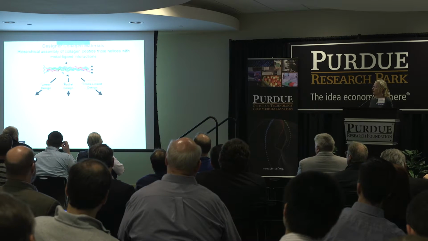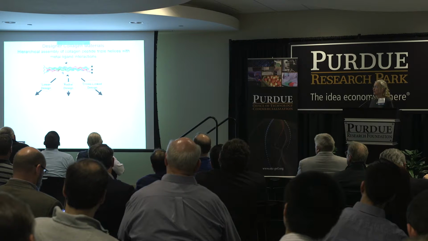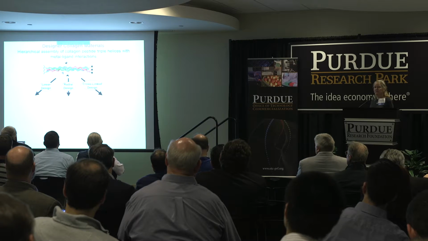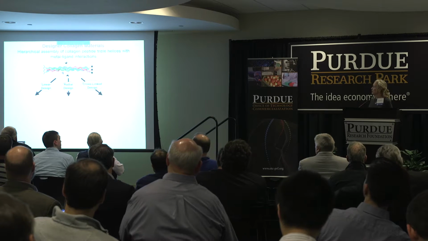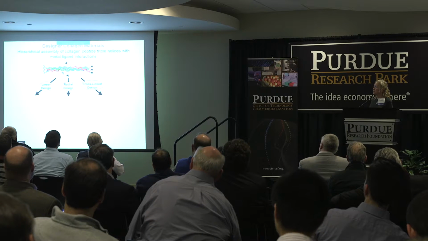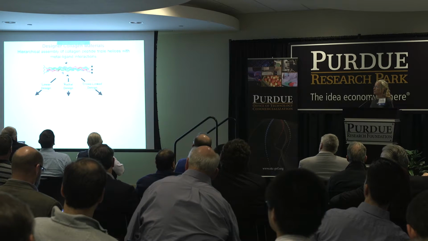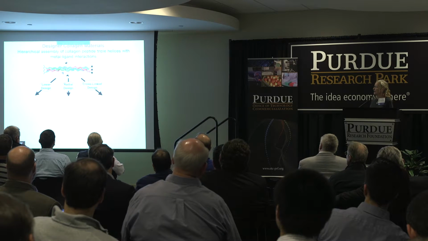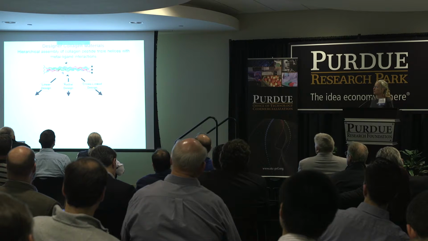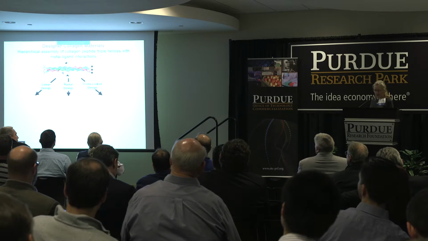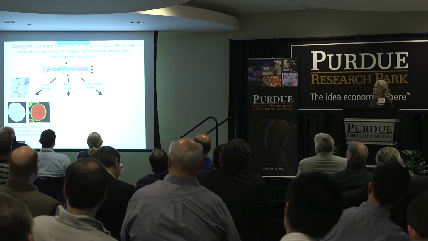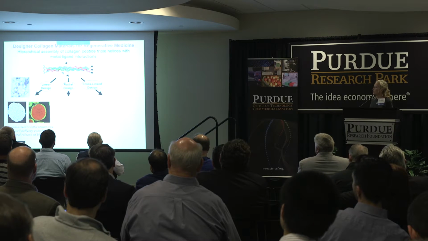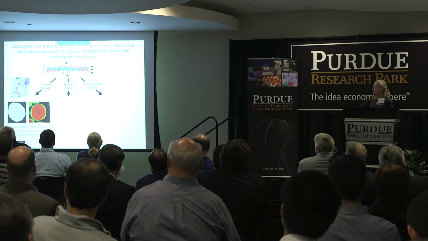So for instance, depending on where we put the assembly signals, if they're at the ends, we get a linear type of design of long structures. If we put these self-assembly signals in the center, we can get to radial designs, or if we put them both at the ends and the middle, we could get to highly cross-linked designs. And in this case, what I'm using for the self-assembly signals in this particular application are metal-ligand interactions to get the hierarchical assembly. For instance, if we're looking at regenerative medicine, we can use the linear-based assembly to make these